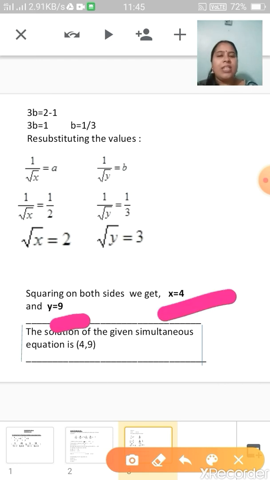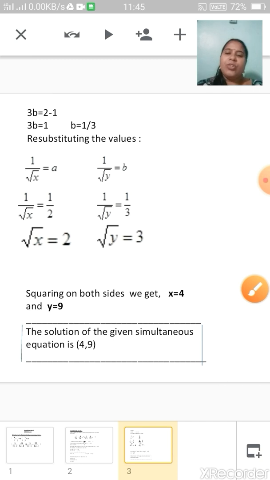So as you can see, we got the two answers as x is equal to 4 and y is equal to 9. Hence, the final answer is: the solution of the given simultaneous equations is 4, 9. I hope you understood this. It looked very difficult, but you will agree with me that this was a very easy sum. So with this, we come to an end of exercise practice set 1.4. Now only one sum of the practice set I have not done, which you will do as assignment.